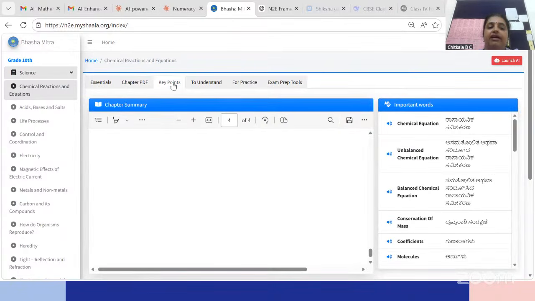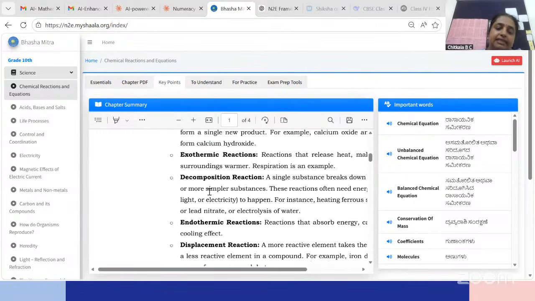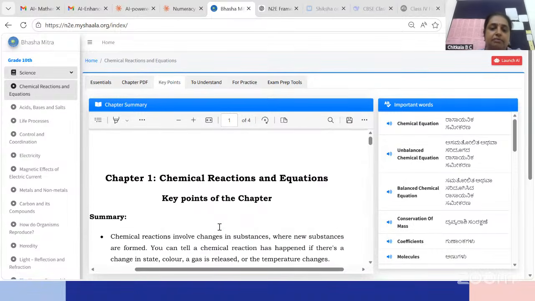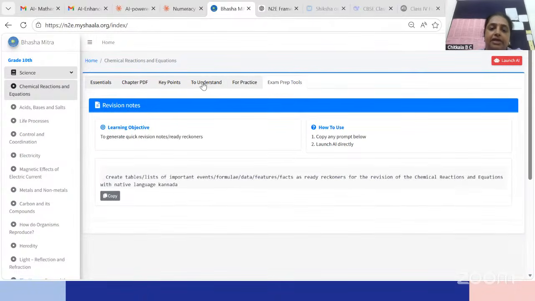This is the UI we have created, once again using prompting, and then the key points. Some of these are created using AI, but then they are vetted by subject matter experts. But AI interaction is enabled in this format, to understand, to practice, and for exam preparation.